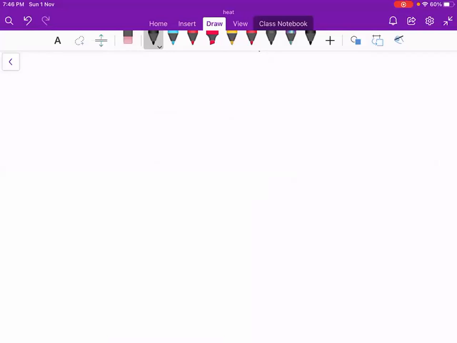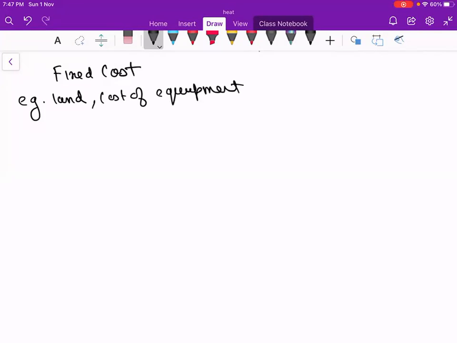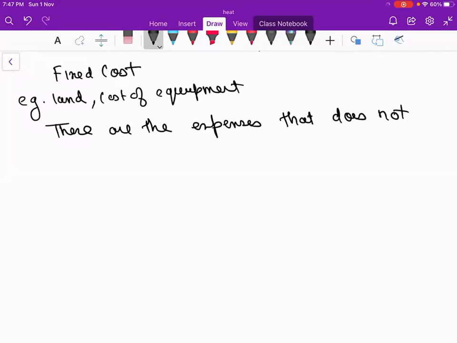Okay, so we have two terminologies here. First one is fixed cost. Fixed cost means, for example, land. You have to purchase it. You have to purchase the cost of the equipment. These are fixed costs. What is fixed cost? These are the expenses that do not depend